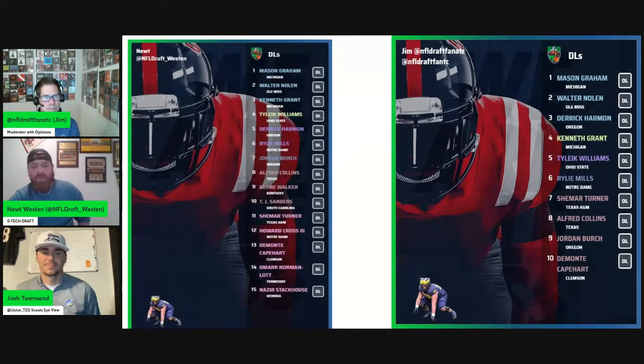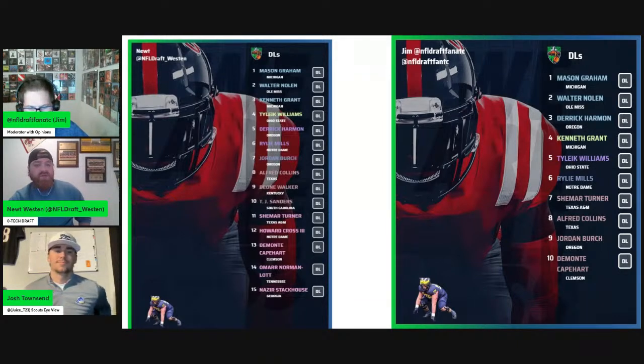Like Josh said, he's only playing about 50% of the snaps. If you look at his numbers compared to everyone else in this draft class, he's playing 30, 35 snaps a game, which I hate to see, because I want to see what you're doing throughout the entire course of a game. But regardless, what he's doing when he's on the field, especially in pass rushing downs, is really good.